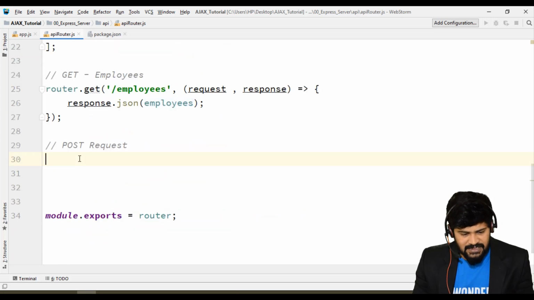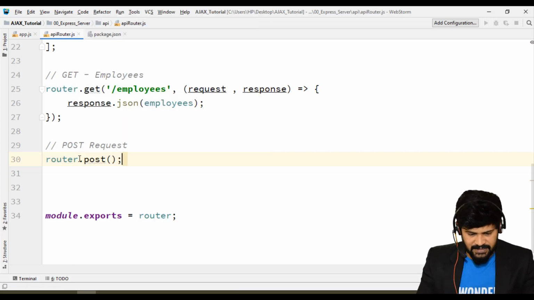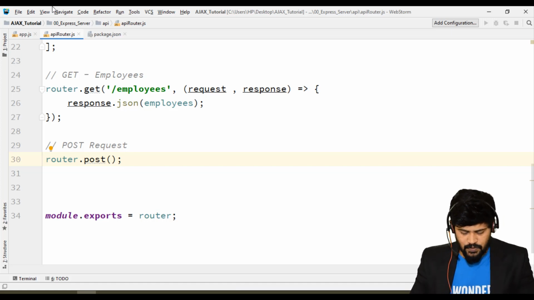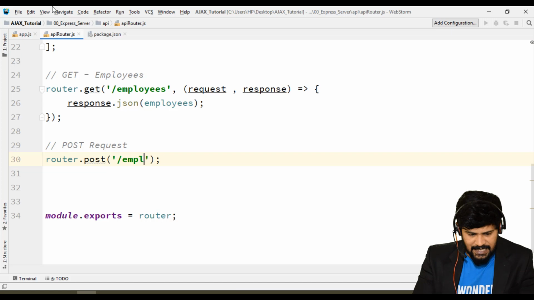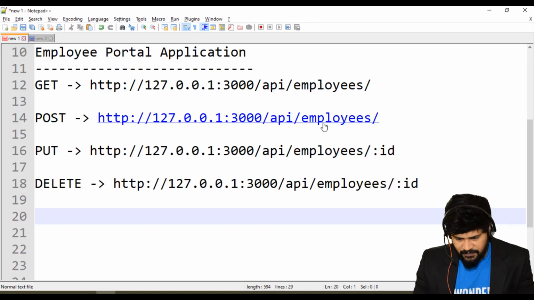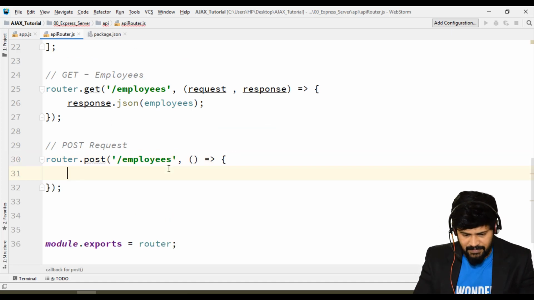So for this I'll make a router dot post as a method. The URL is /employees. The API is already configured, so only /employees, and we have one callback.